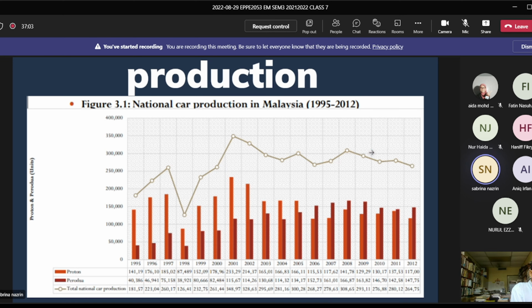The production of passenger vehicles by the national car manufacturers expanded impressively from about 70,000 units in 1985 to 181,578 units in 1995, increasing to 230,041 and 260,179 units in 1996 and 1997 respectively. But production declined to